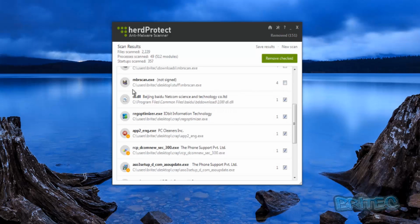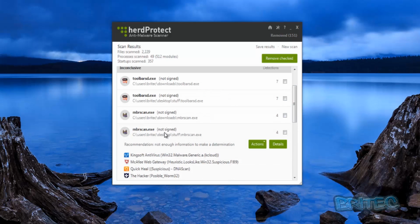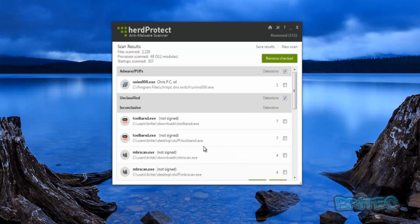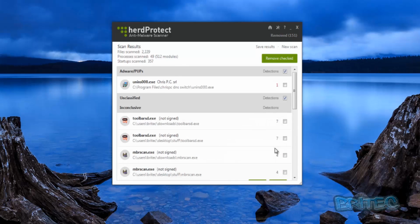Now the MBR scan and stuff like that, these could be files with no signature on them, but that doesn't necessarily always mean they're bad. It could be a case that they're just unsigned and they're programs that are used to remove malware, so you can decide whether you think they need to be removed or not. Okay, so I'm going to leave those as is right now and just leave these ones here